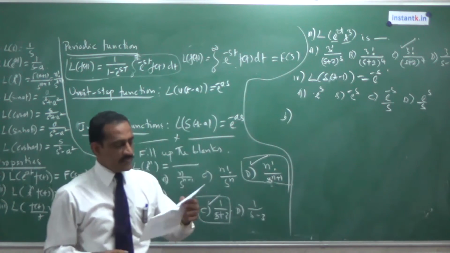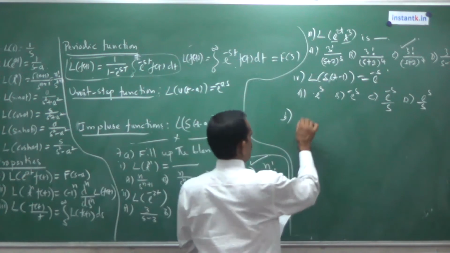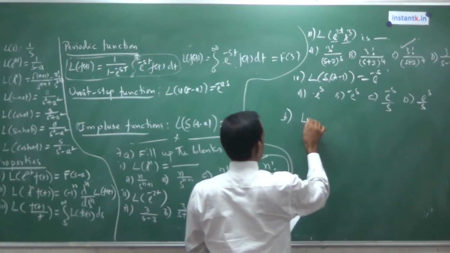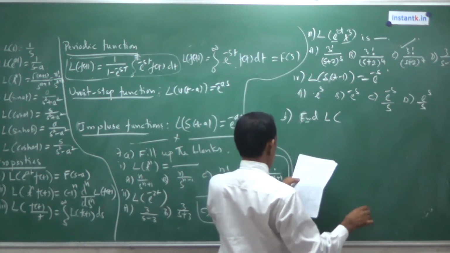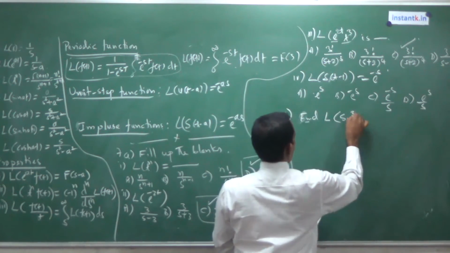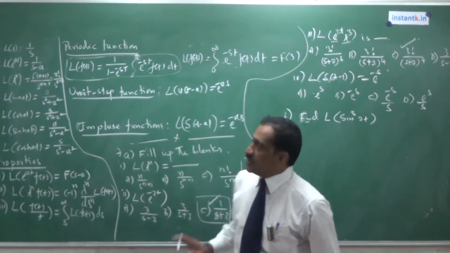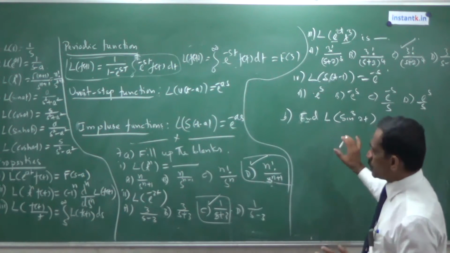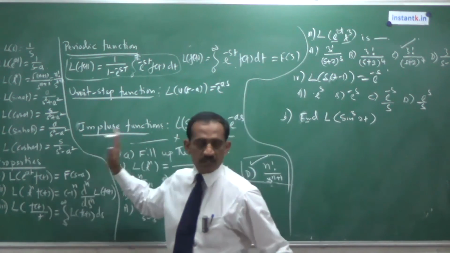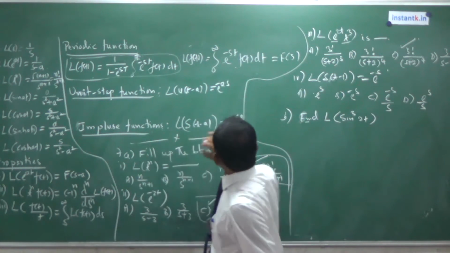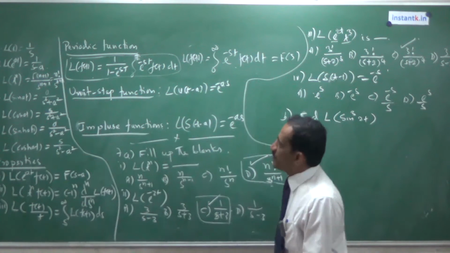How they asked is, the first question for 4 marks. What is that? Evaluate or find the Laplace transform of sine cube 2t. It is asked for 4 marks. So here, as I told, sometimes the question will be asked using any one of the 3 properties. You have to find it. But sometimes, if it is not any one of the standard forms, you have to get it by expressing it in that form.